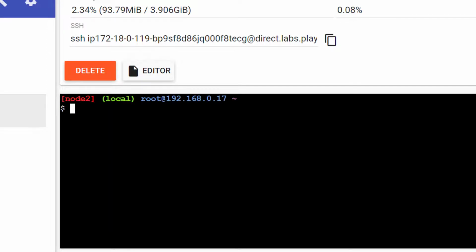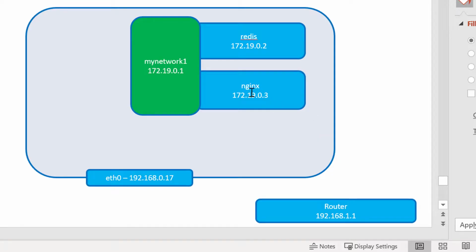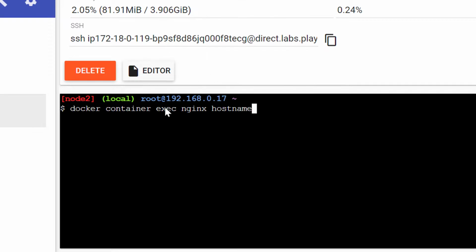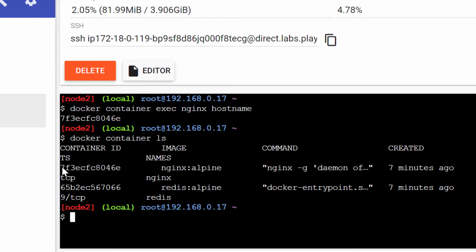The same way we can see the details about the Nginx as well. I can execute the cat command against the hosts file within the Nginx container. Here I do have the IP address and the hostname. So the Nginx has this specific IP address, and that will get assigned to eth0, and internally it has a hostname which is the container ID. So I can use hostname as a part of the exec command against the Nginx container and check the hostname. So this is the hostname. Let me list the container details. docker container ls. So this is the container ID, and the same is used as the hostname.